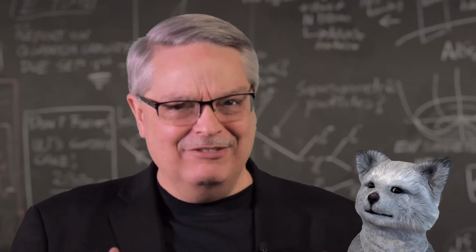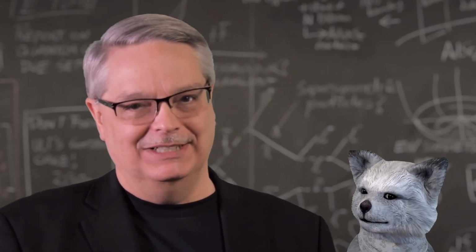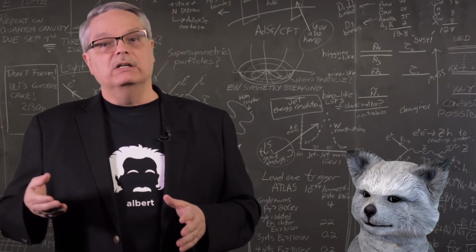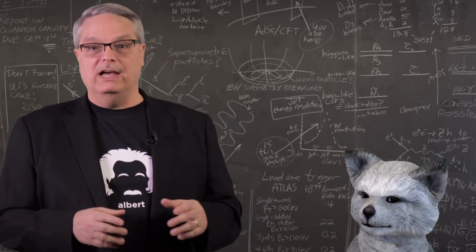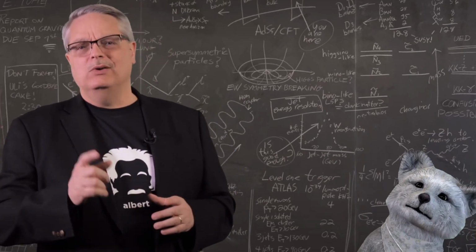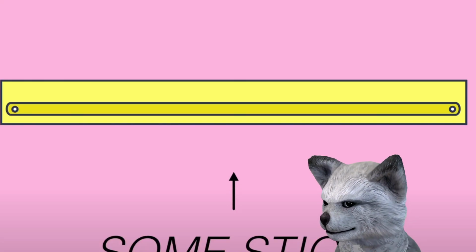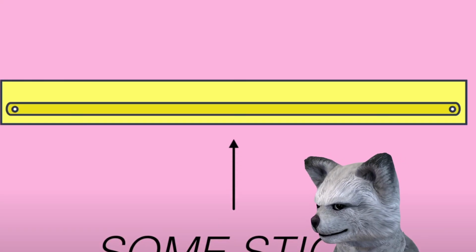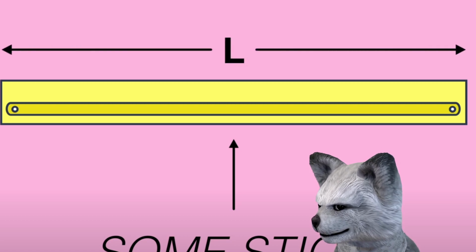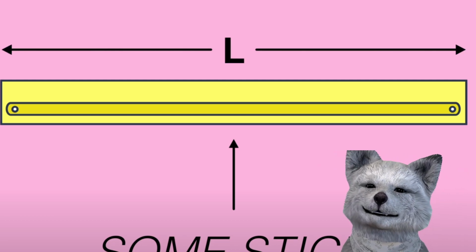All of that was painfully obvious, but trust me, it's about to get a little more mind-bending. So let's just ask ourselves what a moving observer thinks. And to do that, we're going to exploit the Lorentz transforms. I'll tell you what, let's make it more interesting and not use a meter stick, but rather some stick with an unknown length that we'll call L. Let's say that the unprimed observer, which I remind you is the one who sees that the stick not moving,